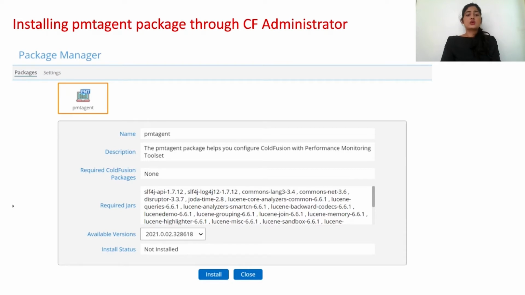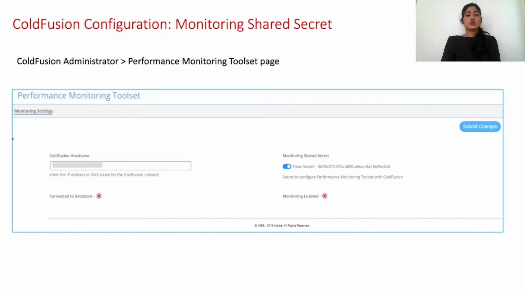So now once you have the package installed in the CF admin page, you can navigate to a page called Performance Monitoring Toolset, which looks like this. So this is what the Performance Monitoring Toolset page looks like. And as you can see here, it has two main pieces of information, that is the server name and the monitoring shared secret key. So these are the two things that PMT will require in order to identify your CF server and start monitoring